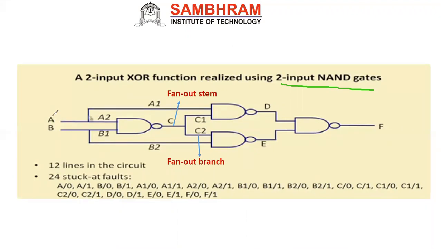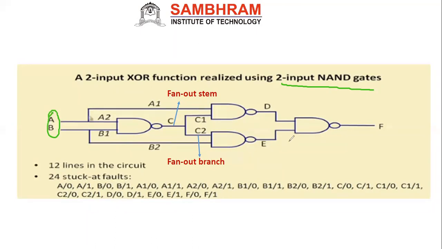Now we have inputs A, B. See this line, because from here to here, one branch I'm getting. If I need to consider this, this will be different. If there is no branch line over there, then it is the same. If I take some connection, automatically this will become different. So B1, and the same way, this is your A1. Now C is dividing into 2, so C1, C2. In the same way, this is D, this is E.